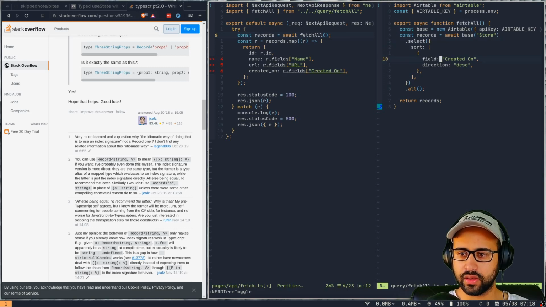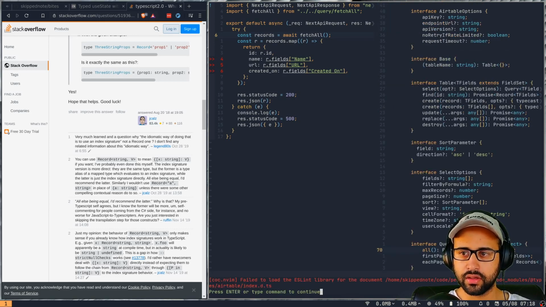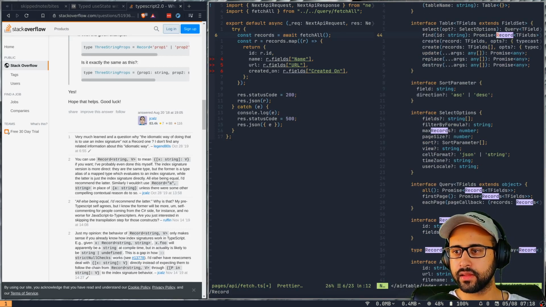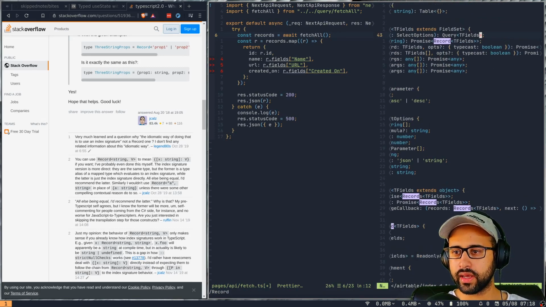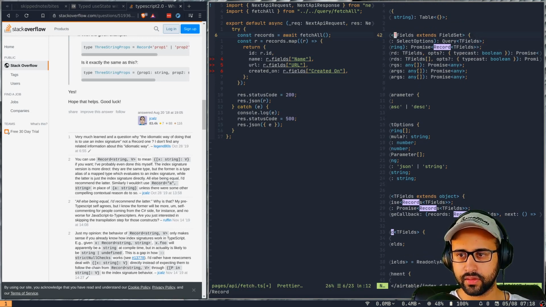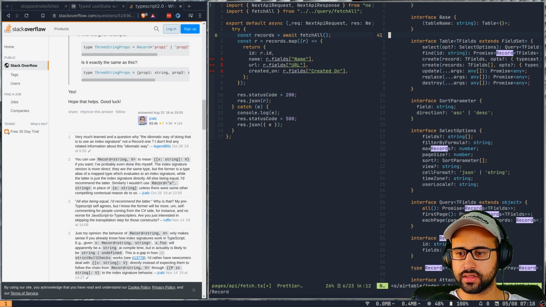You can probably access it from here. So we are looking for record, and it takes in this T field. T field is in itself fields.